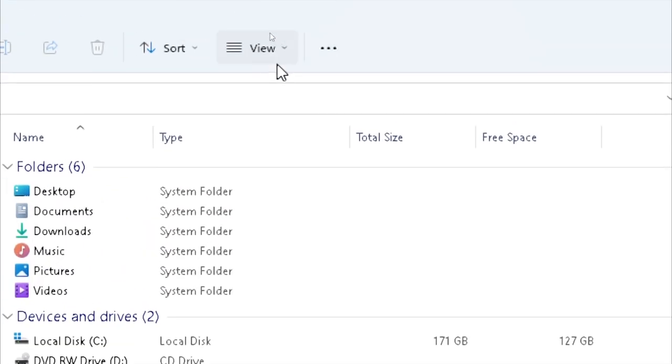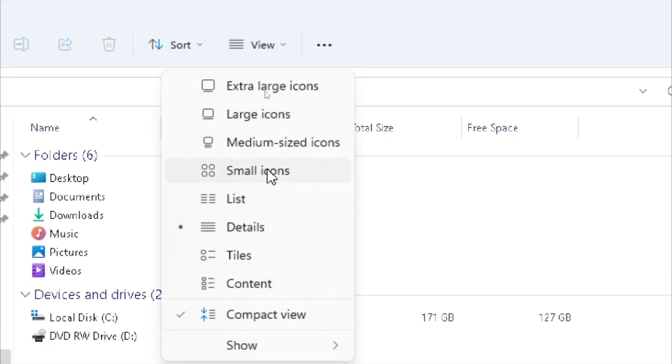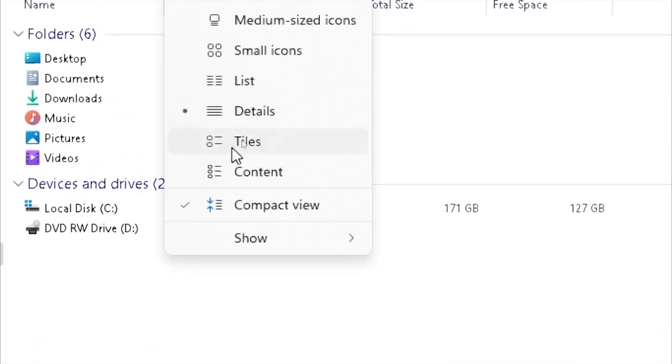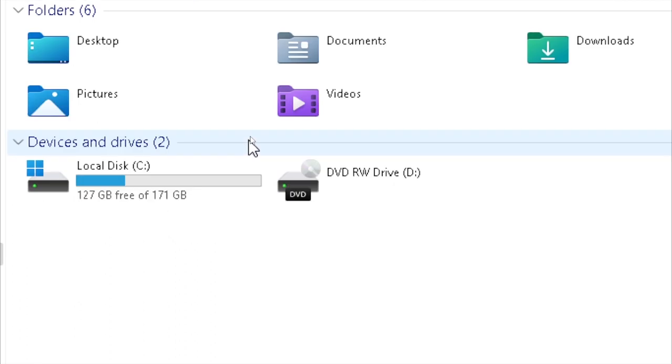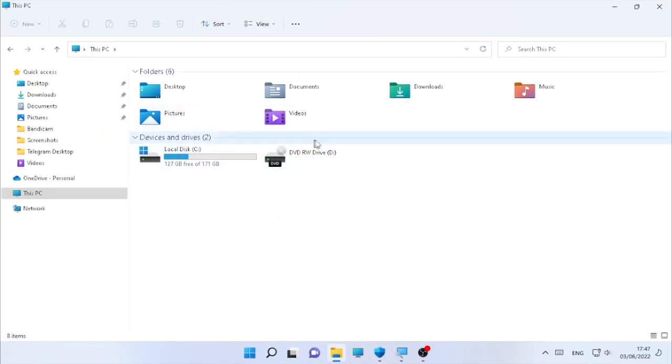The first method is to go to the top and click View, and after that you will find the Tiles option. Select the Tiles option and you will get the missing disk space bar. And if this solution cannot help you solve the missing disk space bar, then the second step would be